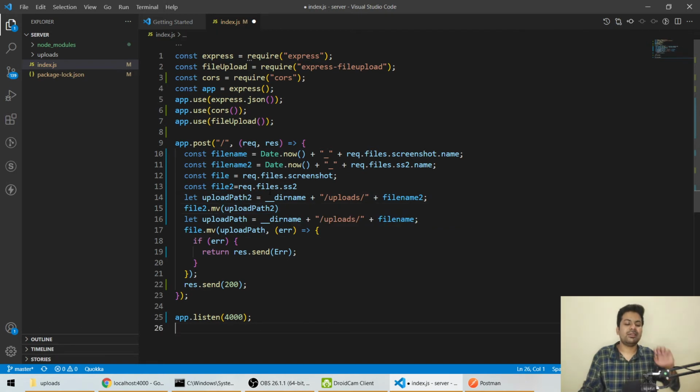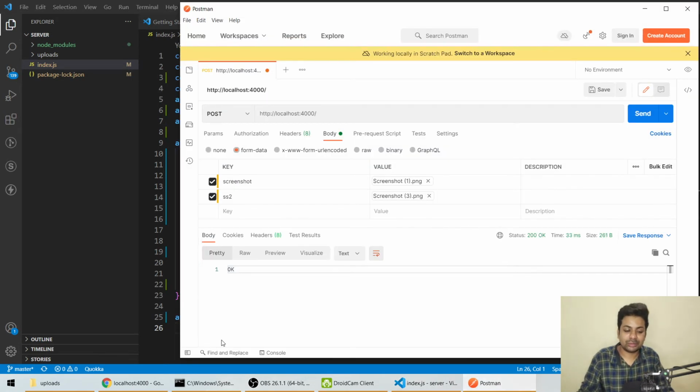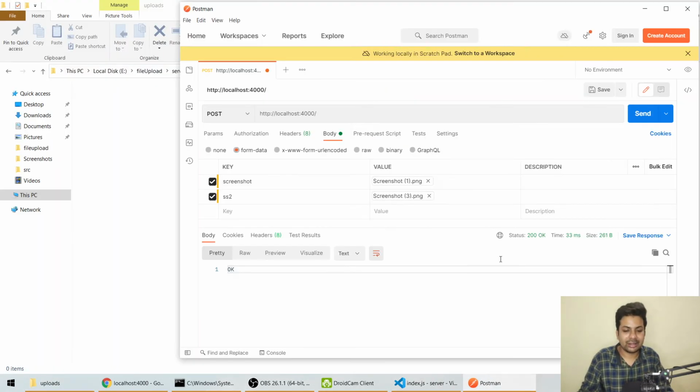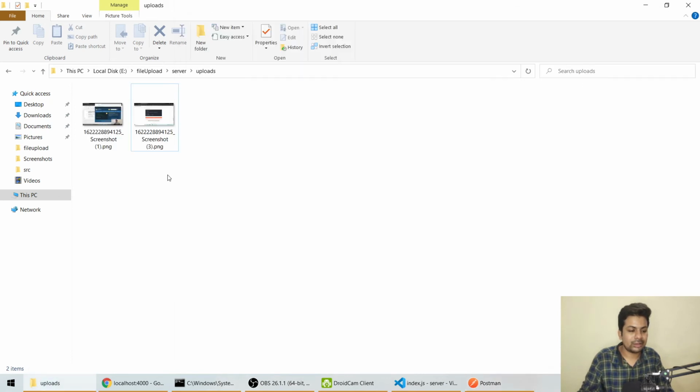Basically we are doing the same thing as writing everywhere. You can make a loop and do it like that, but I am telling you the straightforward way. So let's save it. I'm also not sure it will work because I haven't tried. So let's see, sending two files. Okay, both files appeared. So that's the way you can upload a file in Express.